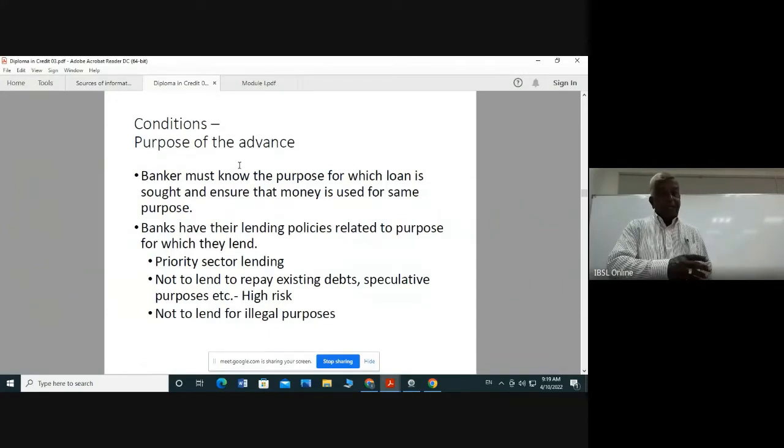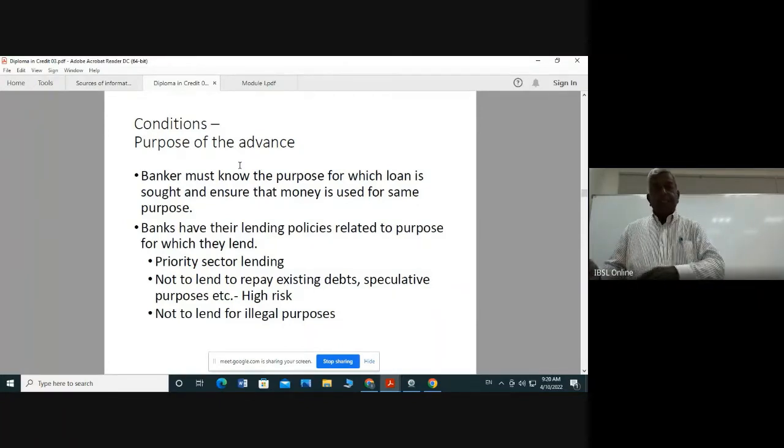So not to lend to repay existing debts or speculative purposes. But for the existing debts, there are exceptions. The State Mortgage and Investment Bank and the National Savings Bank provide loan facilities to customers to pay their existing debts. That is, they have mortgaged their properties to money lenders at a higher interest rate, so they are unable to pay back those loans. So to those people, these two banks are providing facilities to redeem the property, settle that one, and